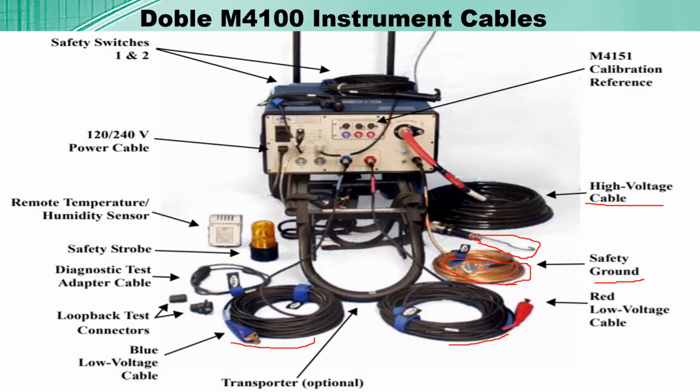Then comes the power cable, providing power to the supply. The next one, which is connected over here, is the temperature and humidity sensor. It reads the temperature and humidity, and whatever temperature and humidity the test is carried out at, my kit will apply the correction factor and provide the result at a corrected 20 degrees Celsius. So the results are given at 20 degrees Celsius with the correction factor applied automatically in the kit itself.